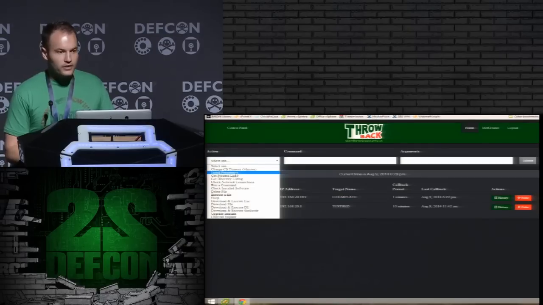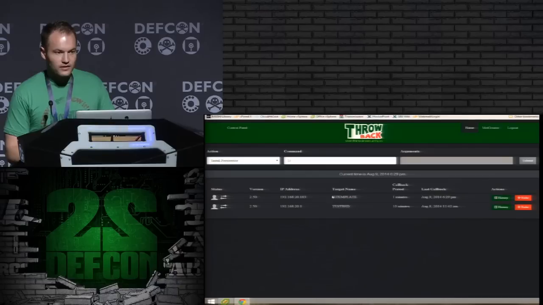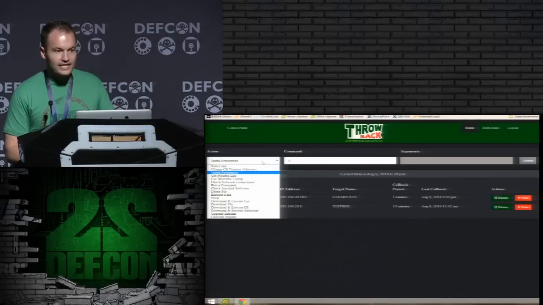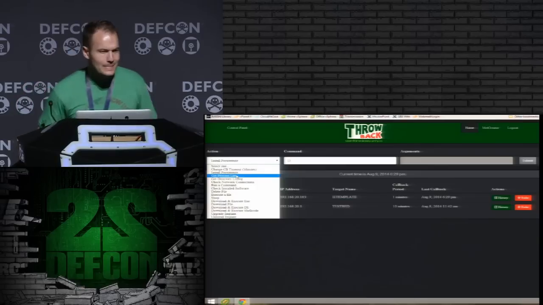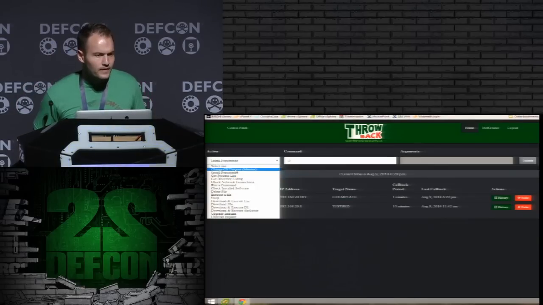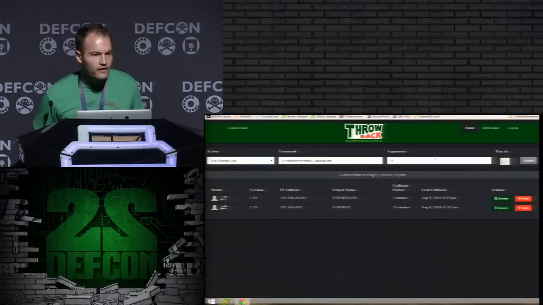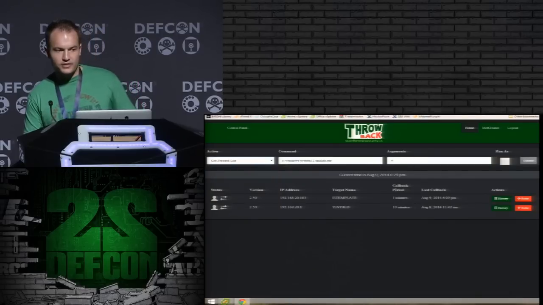You can create a process list, which I think is this second one. No, that's not it. Oh, that's actually change callback time, I believe, right? Change callback time. Okay. So that one, actually that one is create task list, I think.